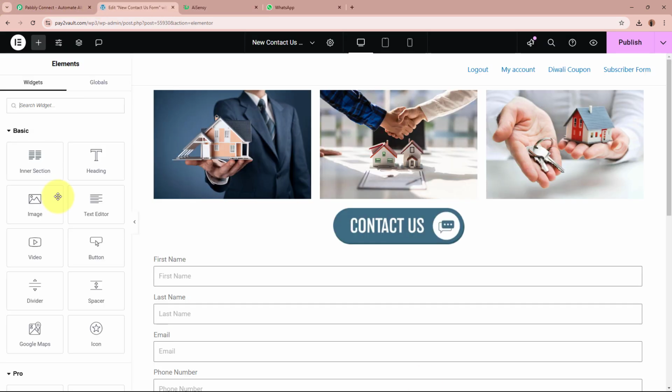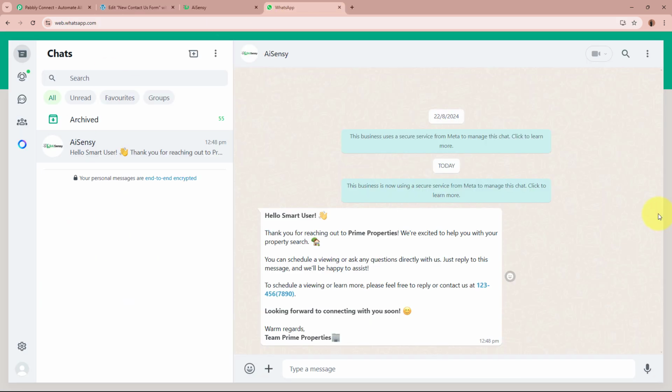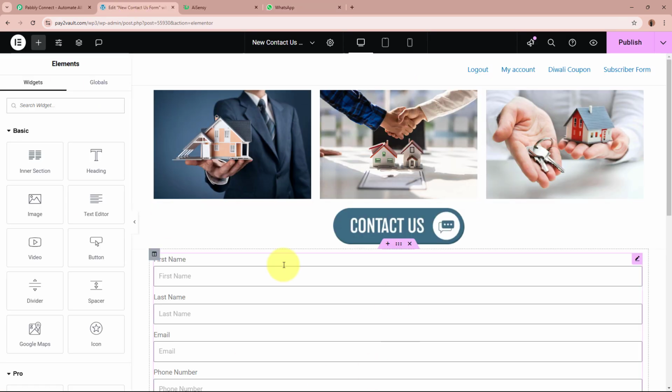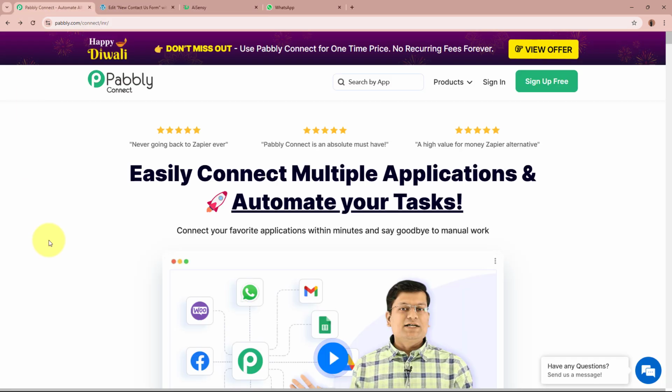When the client submits their contact details with the help of the form that I've created using Elementor, they are usually looking for immediate information or guidance, and a delayed response can mean a missed opportunity. So to address this, I've set up an automation that sends an instant WhatsApp message whenever a form submission is done by the potential customers with the help of Elementor. By responding quickly, I can create a positive first impression and keep my clients engaged as they continue their property search. And I will be creating this amazing automation between Elementor and WhatsApp by AiSensy with the help of Pabbly